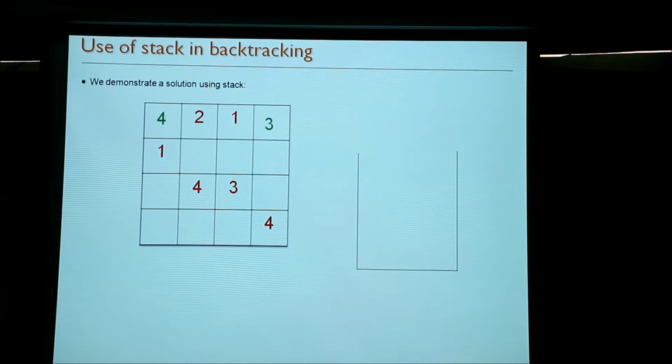Now we see that if you have 4, then this is fixed, you don't have any other choices, so you will enter 3 here, because all the other values are taken. And now we will try here with the next possible choice, but here also this is fixed because in this box you have already 1, 2 and 4. So the remaining choice is only 3, right?